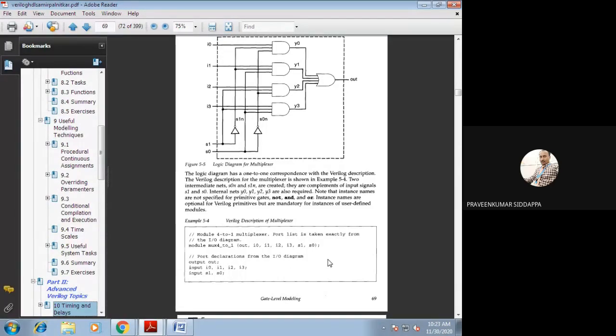After that, I have used out as the output. Here I have also taken some in-out variables, y0, y1, y2, y3. After that, s1n and s0n I have taken.